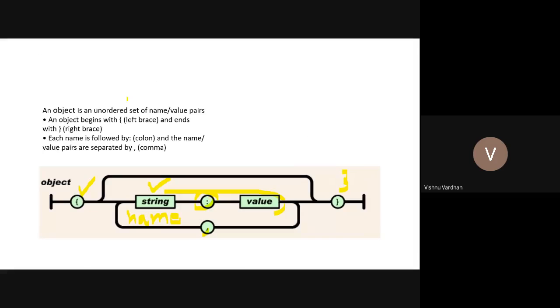So the JSON parser, whenever it comes across a colon, it comes to know, okay, this is the name value pair. Whenever it comes across the comma, then it wants to separate, then it wants to store the data in a separate variable with whatever name that you want to give it. So the parser implementations are very different. This is how we can symbolically represent the JSON object.